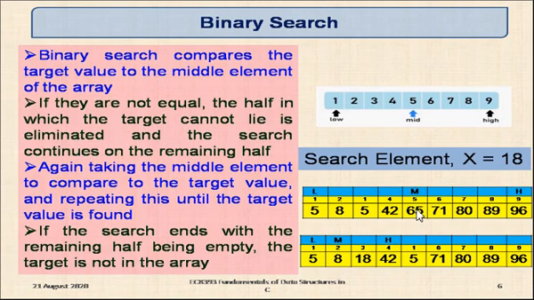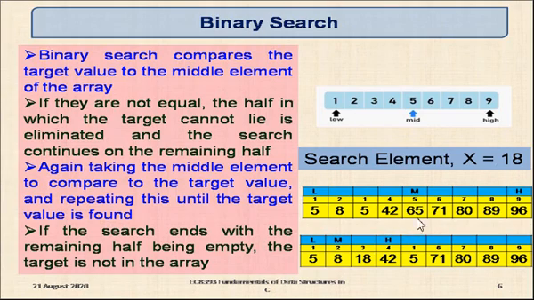It will directly check the middle value of the list with the element to be searched. My element is 18. The middle value of the list is 65. 18 is less than 65. That means definitely the data 18 will not be available from this portion onwards, in the second half of the list. It must be available in the first half, the left side of the pointer middle, right? So the half in which the data item is not available is simply ignored or eliminated.